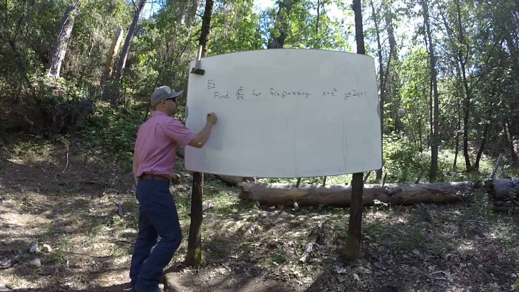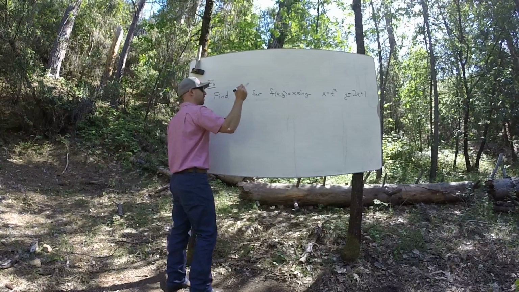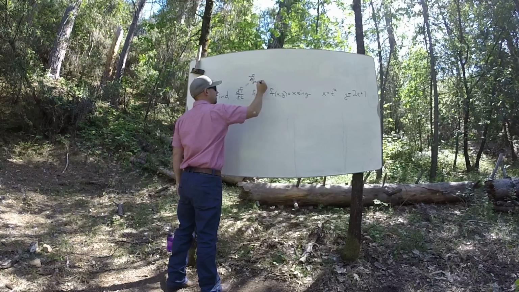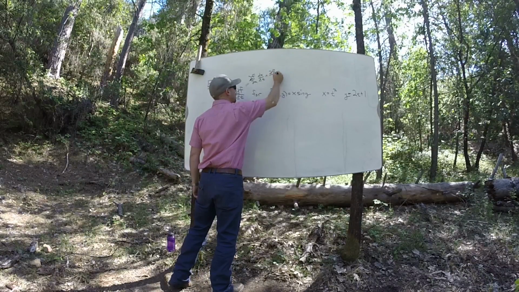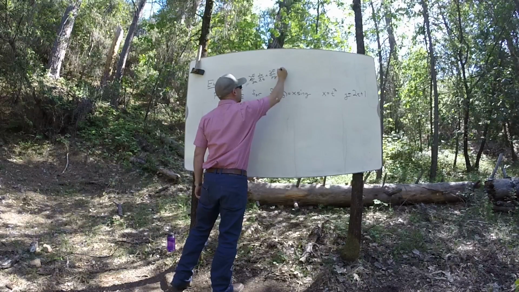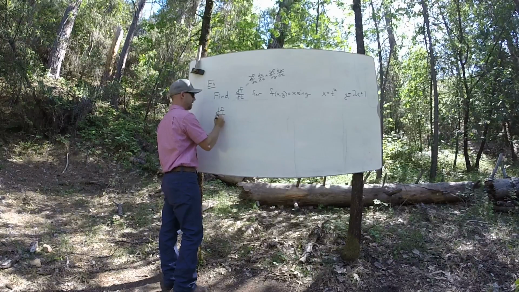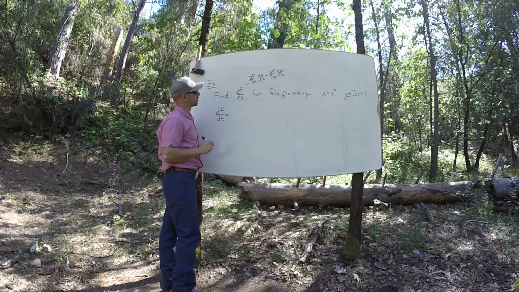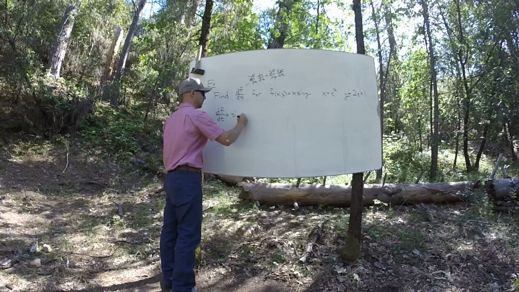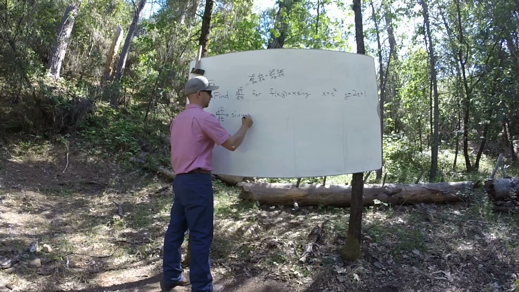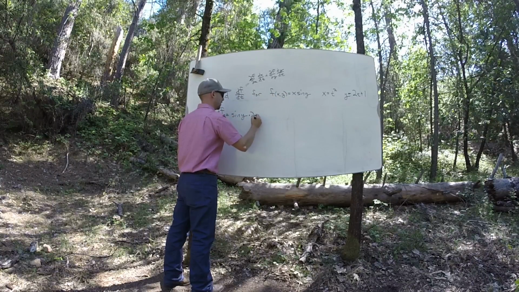So I want to think df/dt should be the partial derivative of f with respect to x, times dx/dt, plus the partial derivative of f with respect to y, times dy/dt. So what's the partial of f with respect to x? Sine of y, times the derivative of x with respect to t, which is 2t, plus